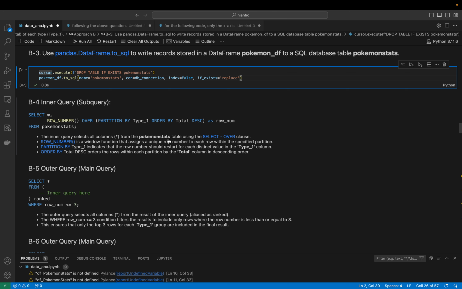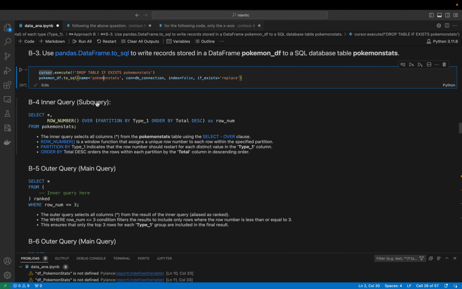Then we pick the row number over the partition by, and the first three records in each group, in each partition, will be the largest in terms of total in each type. Okay, so an additional row number column will store the row number,